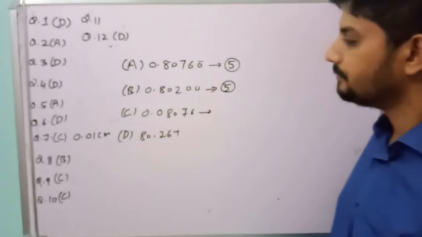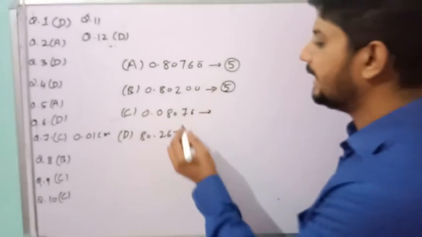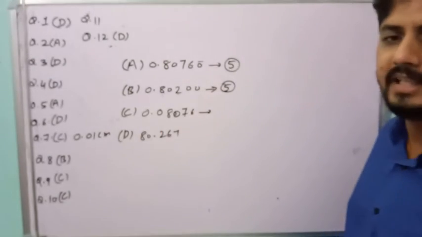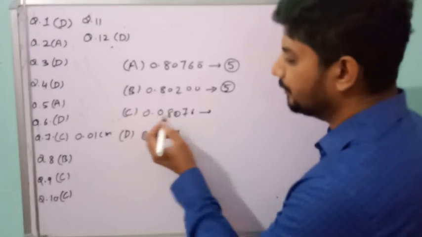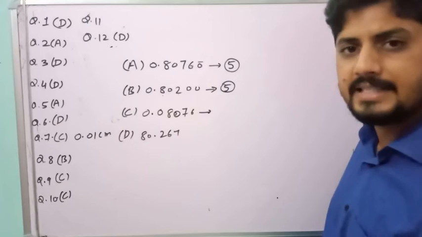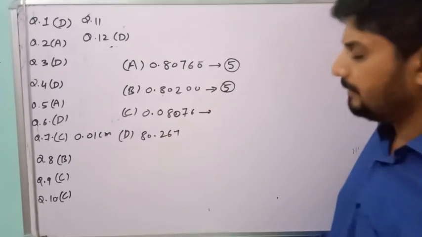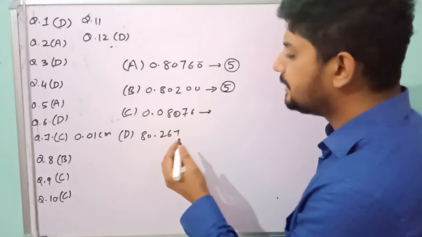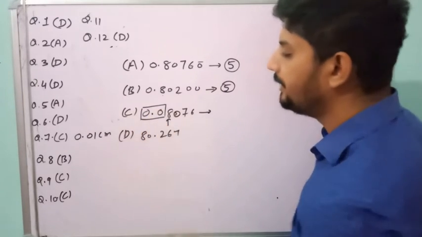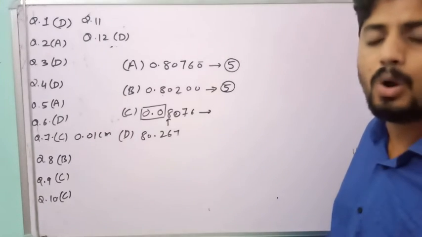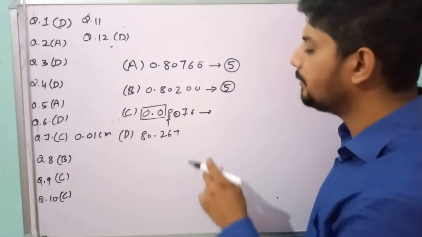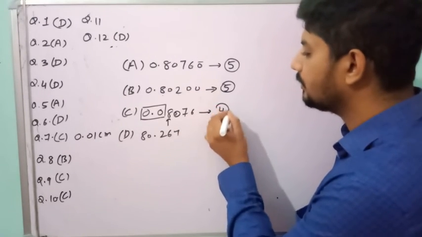Option number C. In option number C also 2 rules are there. First of all, this 0 is being trapped between the two numbers. So of course this is going to be considered as significant. Now what about this 0? You know that this number is also less than 1. So if the number is less than 1, all the zeros before a non-zero digit are considered as not significant. So this 0 and this 0 are considered as non-significant. So number of significant digits here is 4.